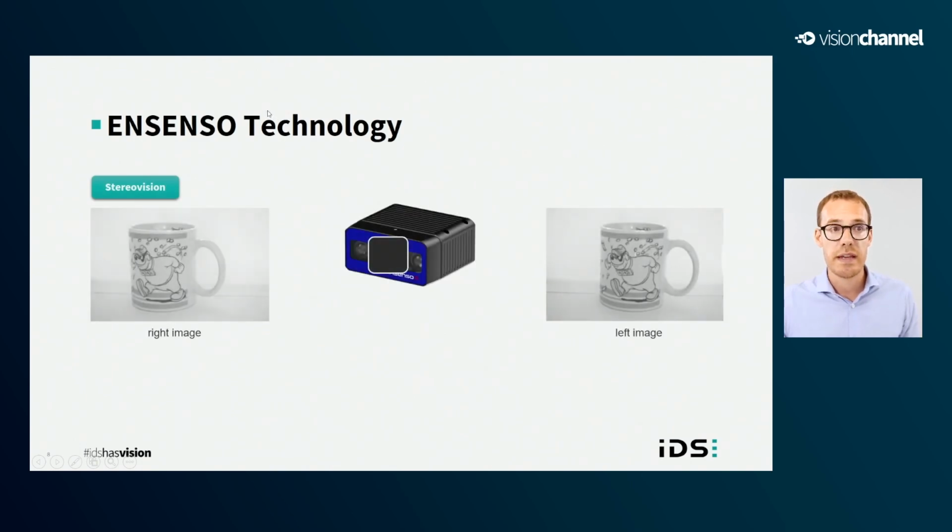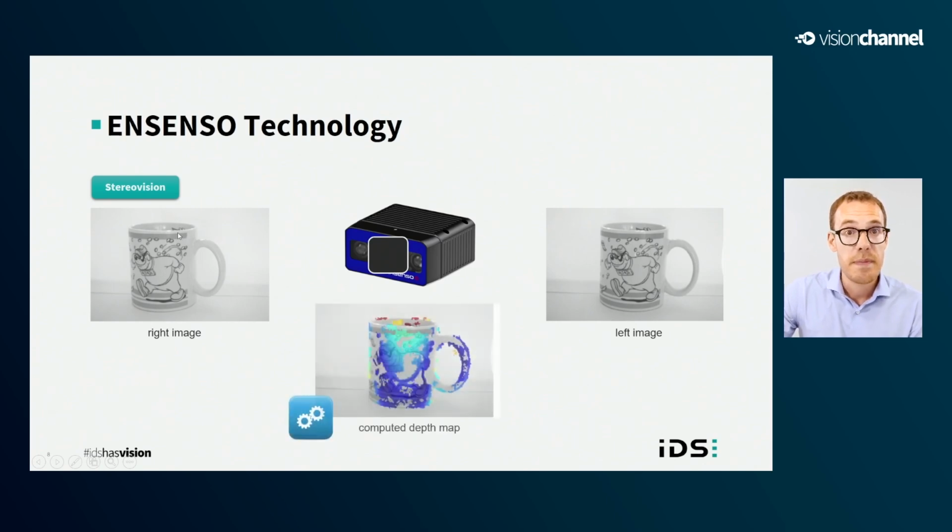So we have a scene in here observed from two different points of view. The images that you can see correspond to the images at the sensor level from the left and right sensors of the Ensenso B camera. And the algorithm will try to find, for each pixel of the first sensor, the corresponding pixel in the second sensor. If it succeeds, the depth information will be properly computed. It usually works well on areas with local contrast. In this example, looking at the drawings on the cup, you can easily distinguish one pixel from another.